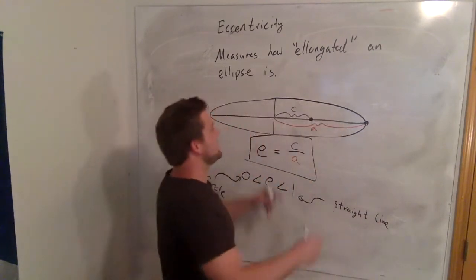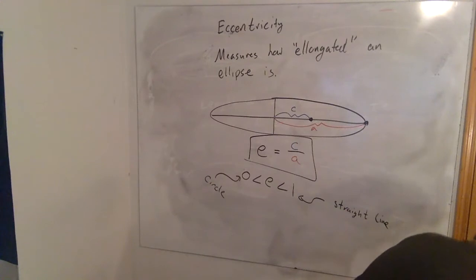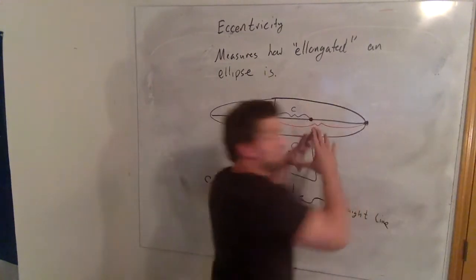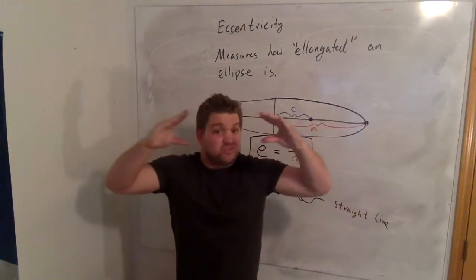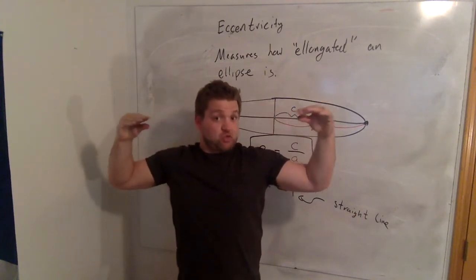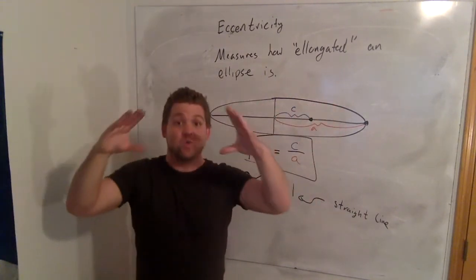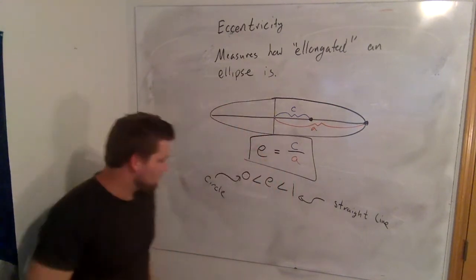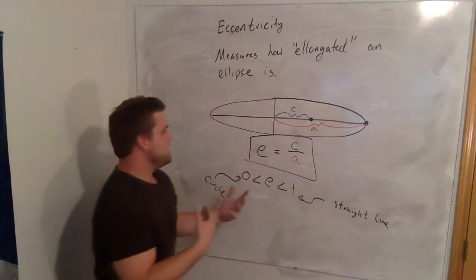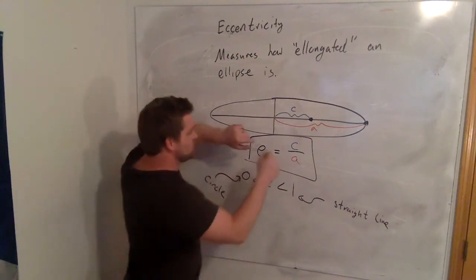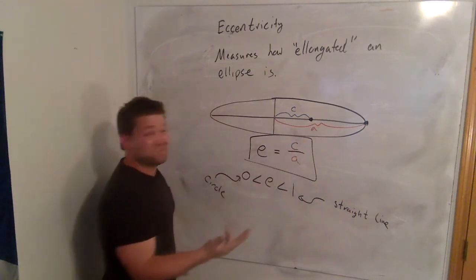And what I mean by that is, if you were to take this ellipse and super elongate it, you'd be getting closer to this straight line. Or if the eccentricity is closer to 0, we're going to get a circle. Okay, and I'll show you an animation in just a moment, but notice that if C was 0,